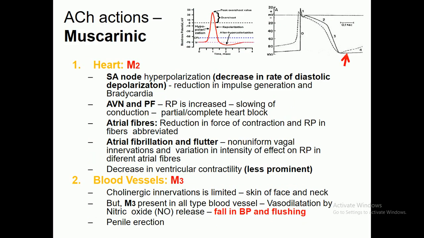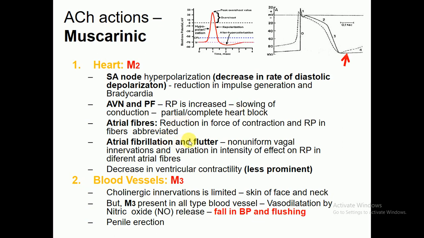Acetylcholine actions are muscarinic in nature, so look at how repolarization and polarization occur. Look at the heart. As we know, the receptor present in the heart is the M2 receptor. As we know, the SA node, sinoatrial node, may cause hyperpolarization. So what is hyperpolarization? Hyperpolarization means a decrease in the rate of diastolic depolarization, a reduction in impulse generation, and bradycardia may occur. In the AVN and PF, the refractory period is increased,